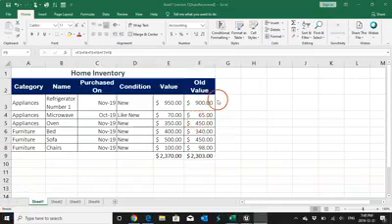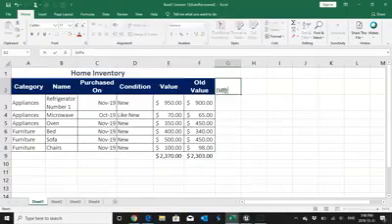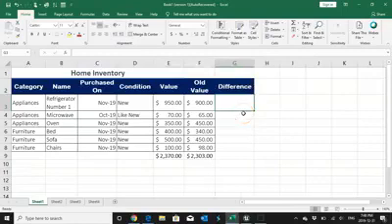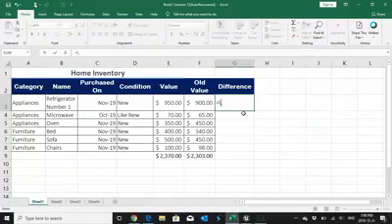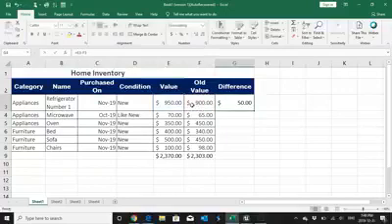So let us do some more calculations to understand the basic formulas. I'll add one more column of difference. So I want to calculate the difference of my current value to the old value. So I'll select E3, then I'll subtract F3. So I'm getting the difference of $50. So my purchase value was $950 and the old value was $900.